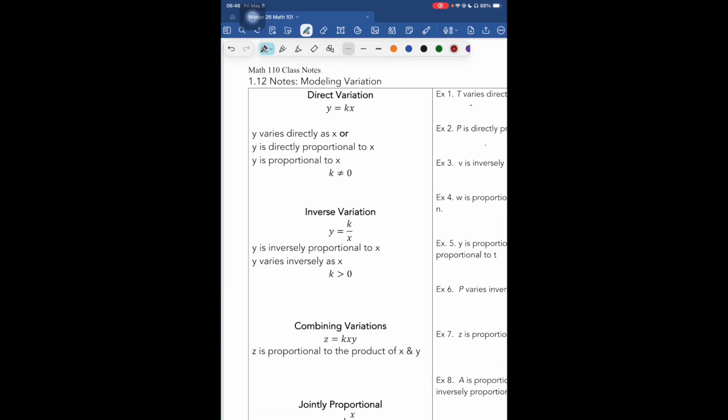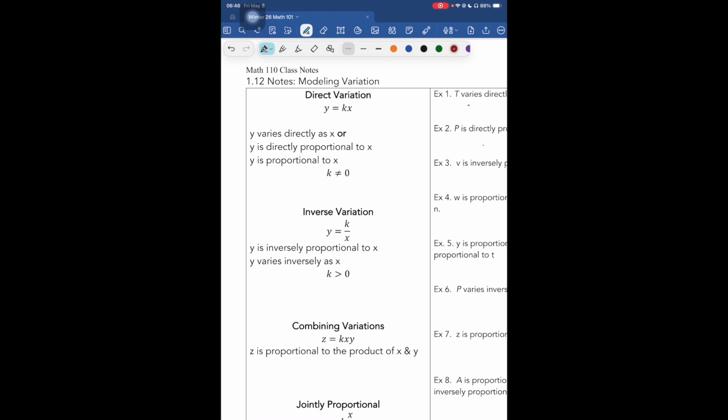Now, this word directly means equal to, but straight across. When we're talking about varies or variation or proportions, we're going to be talking about this variable k. Okay, and we're going to create an equation. When it tells us that there is a direct variation, it also means these things. Y varies directly as x, or y is directly proportional to x, or y is proportional to x. We are going to write an equation that looks like this. Y equals k, and then directly across from it,